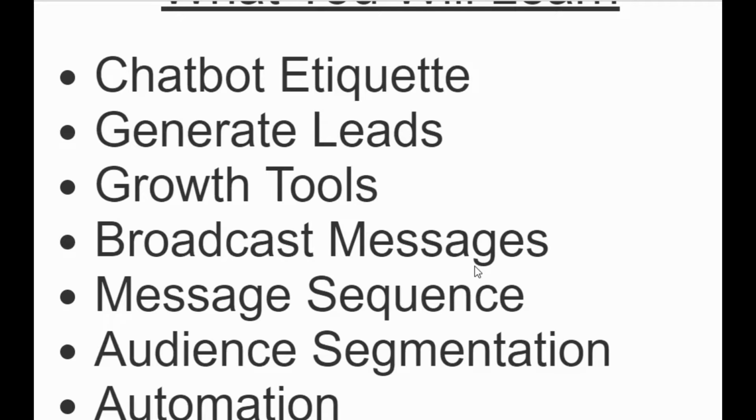We're going to learn how to put broadcast messages, and about message sequences, and the difference between broadcast messages and message sequences. We can segment the audience based upon their conversations on the chatbot, like putting tags and sending them to other message sequences. And you'll learn how to create automation, like how to get email IDs